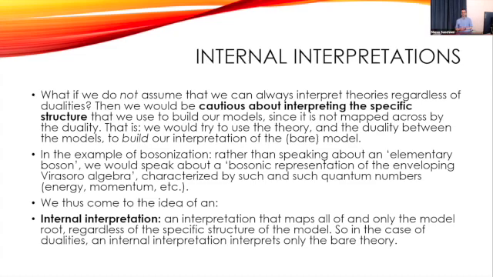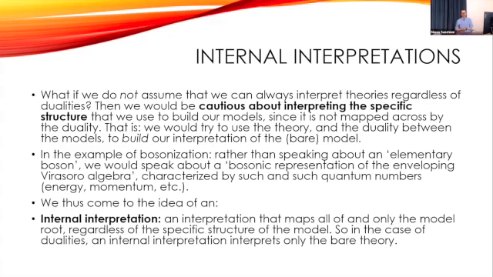Now, I would like to mention a related notion, but a different notion of interpretation, which is an internal interpretation. So the question is, what if we do not assume that we can always interpret theories independently of dualities? What if in our interpretative project, we take dualities into account? So if duality is going to be input for how we interpret our theories, just like other formal aspects are also input for what we interpret as a degree of freedom, for example,